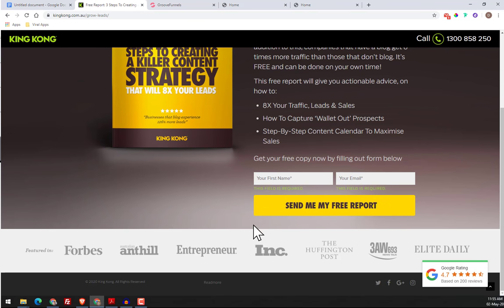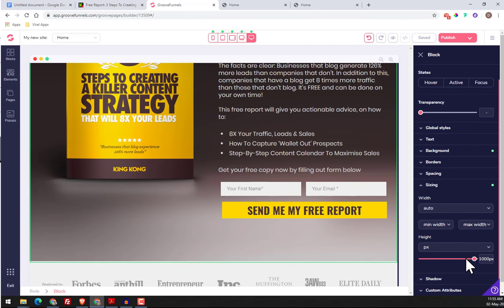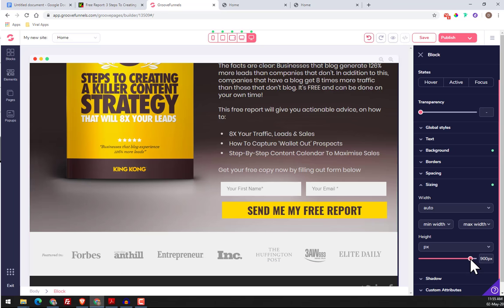Okay, one more thing we will fix is this part here. So we'll go to sizing, and then we will adjust the height back, so it's 900 pixels. So now it's not a huge gap down here. You can see it's now better. So now we'll save, we wait for the green thingy, we publish,